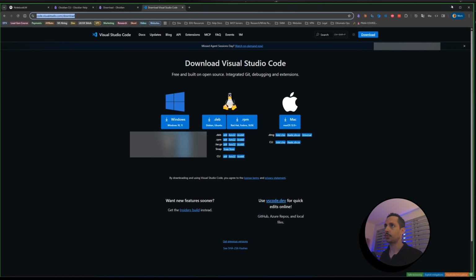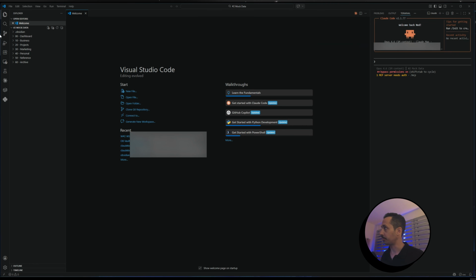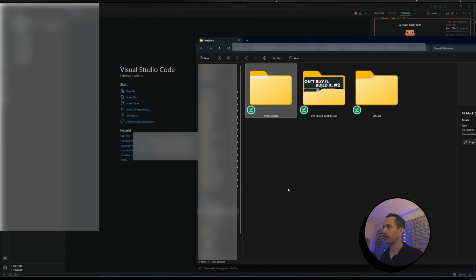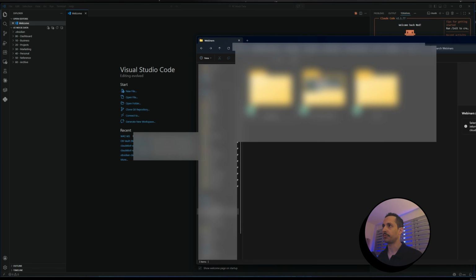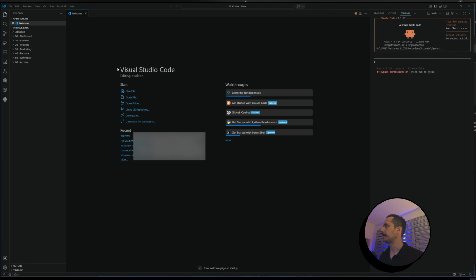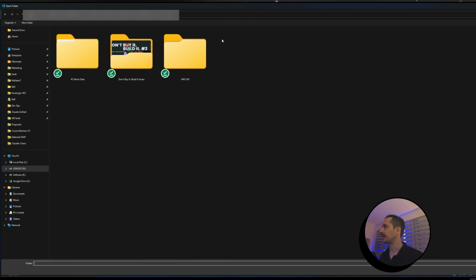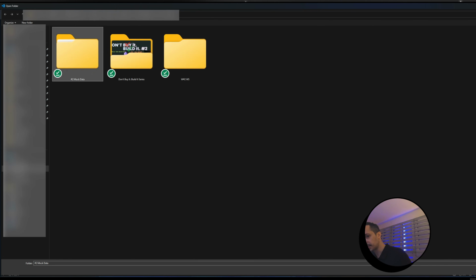When you download that, you open up a new instance or just open up VS Code. Go ahead and click File, Open Folder, and then find that local folder. If you haven't already made it, now is a good time to create it. Throw your data in there, and then we're going to organize that using Claude Code. So the first thing you do is you copy the path, and then you come here, you click Open Folder, and then you give it the path, and then you just select the folder,